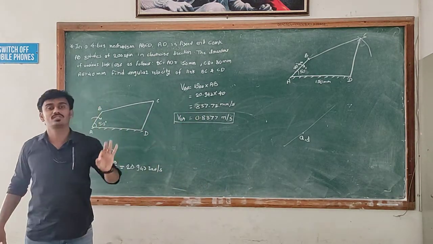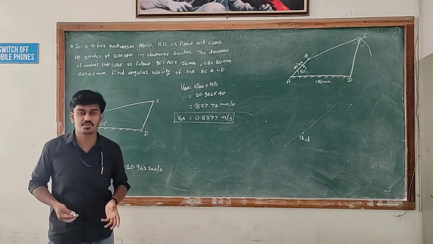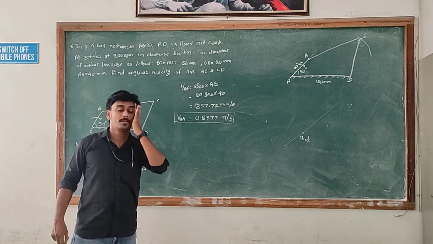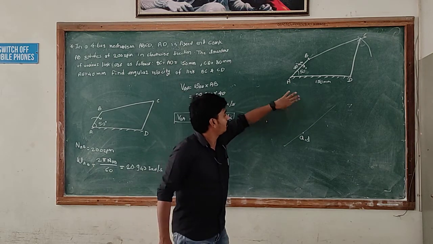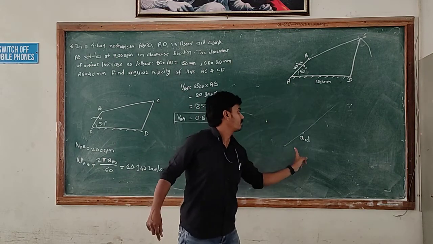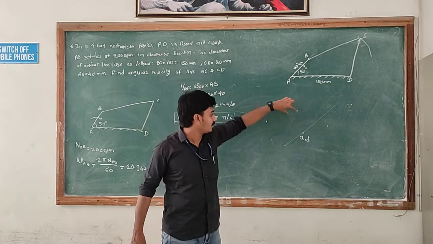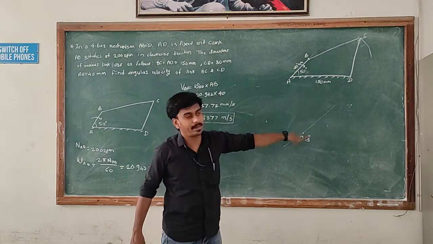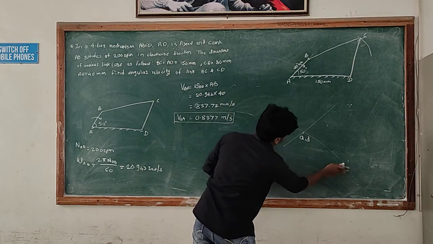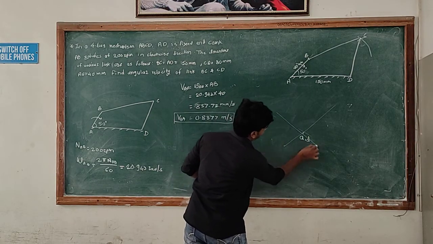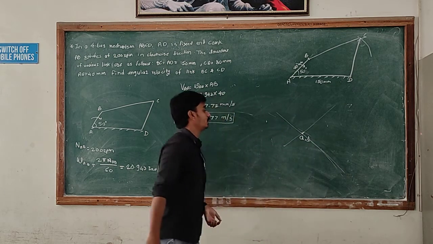To solve this numerical, first of all we need a blank sheet, and we require some drawing instruments like roll and draw, protractor. Okay. So first of all, draw one parallel line to AB which is passing through point A by using a roll and draw. Then draw one perpendicular line which is passing through this point. Okay. So this is a perpendicular line.